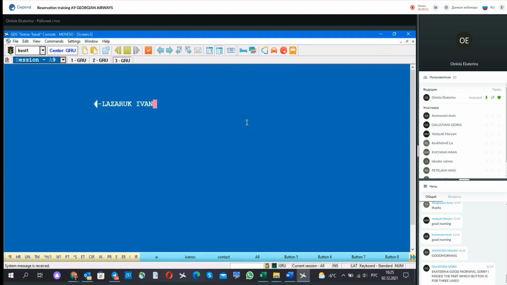My first passenger, Mr. Lazaruk Ivan, his gender is M, male. It's like Mr. Then I can add page down, then click enter and add passenger in PNR. Or I can go to the next line and add information, add second passenger data. So it will be the same, minus